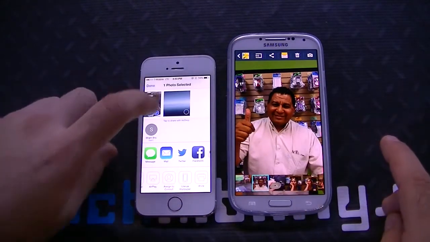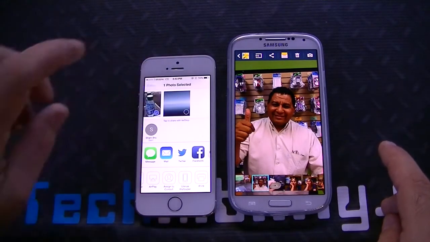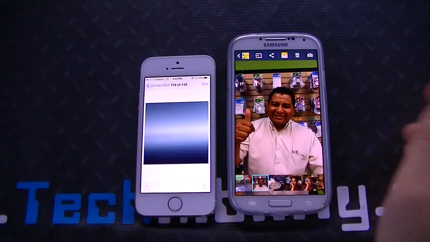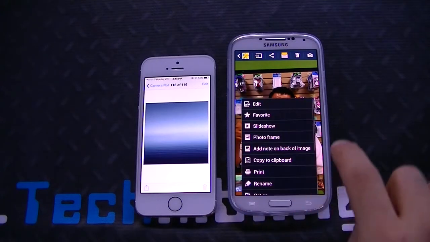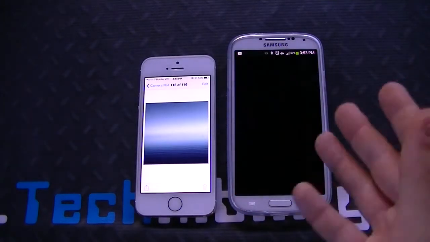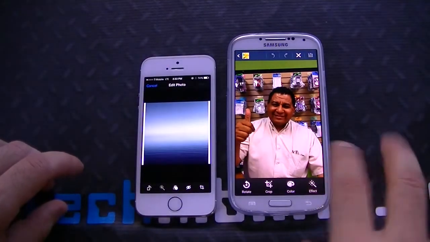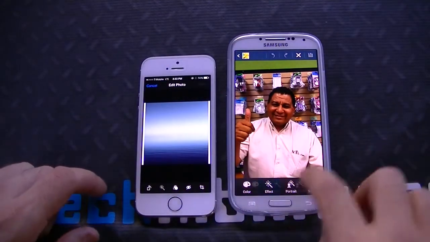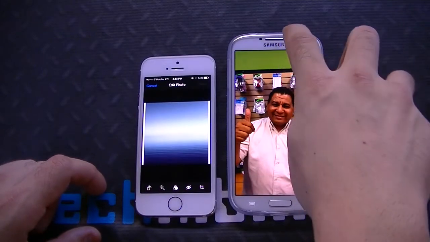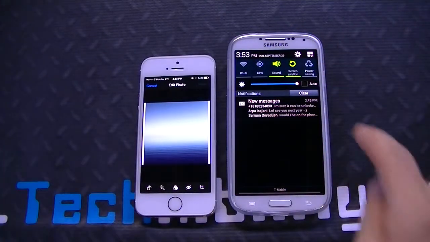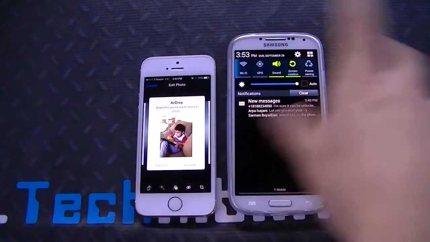Now both have various different editing features, so if I want to just get out of here I can click done. If I go here, you can see again, if I click the menu button, I got edit right here, so you can edit various photos. Right here you have edit as well. You can see how that just kind of arranged it and stuff. That's evident in the notification bar as well, so this will realign itself.